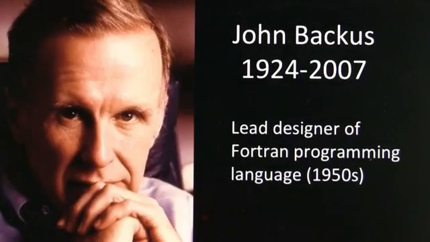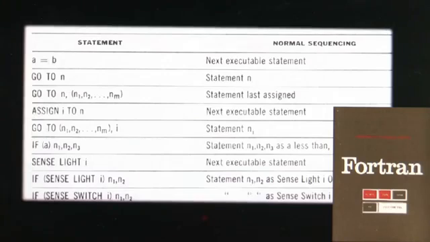So John Backus was the lead designer of the Fortran programming language back in the 1950s at IBM. This was one of the first widely used programming languages. And the way they described the Fortran language was with lots of examples and text explaining what they meant. And this is a shot from the actual manual for the first version of Fortran. This worked okay. Many programs were able to understand it and guess correctly what it meant, but